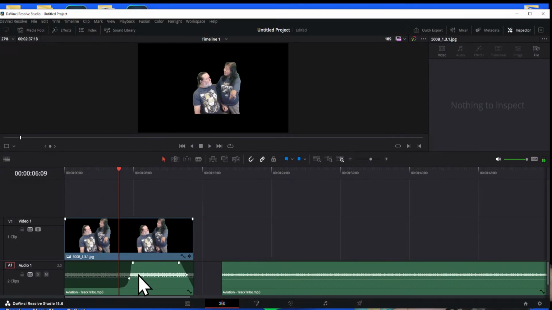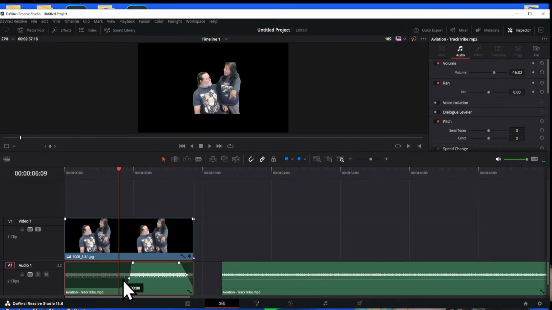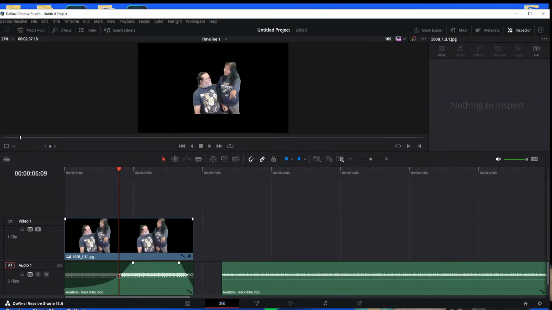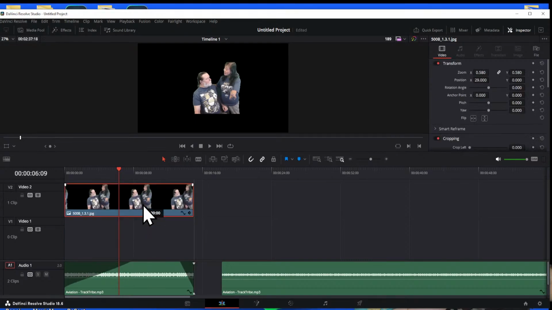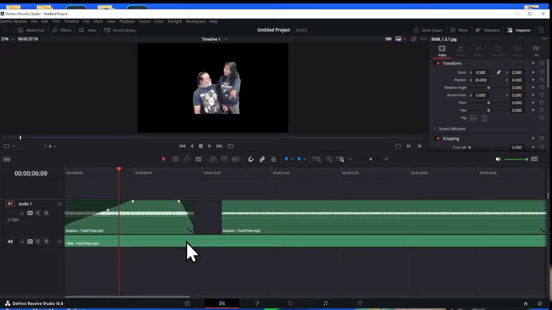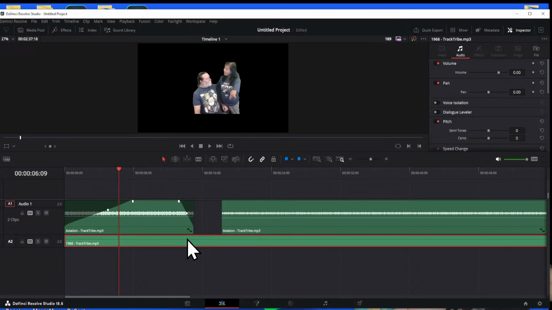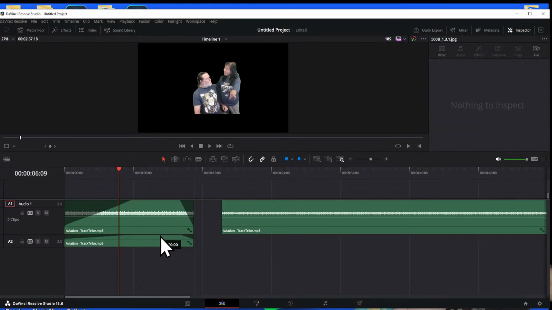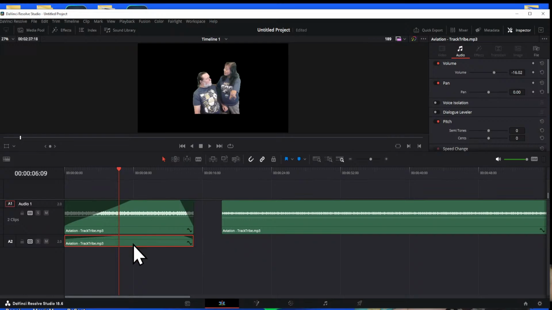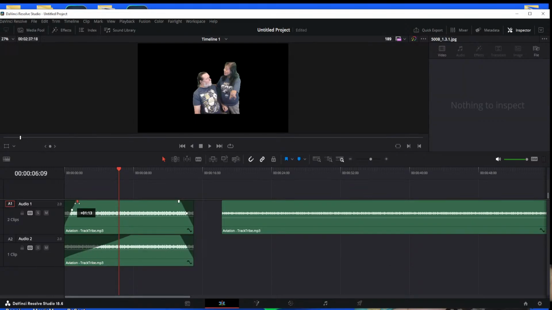Now I do think there is a way you can actually set points in here and have it go louder, smaller, louder, smaller. Right off the top of my head, my guess would be I could actually, I'm gonna get rid of that. I don't need it. I could actually alt drag. Now I have an exact duplicate of this, and I'm gonna go ahead and enlarge it so I can see it. I just wonder if I were to fade this to here,